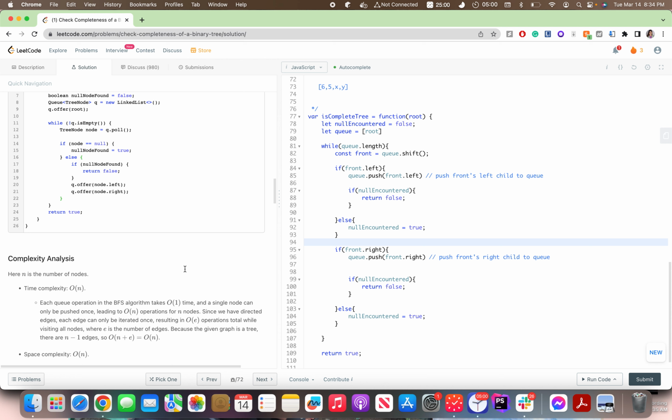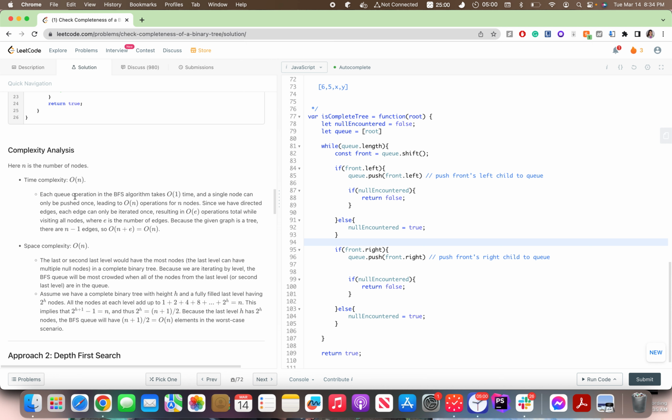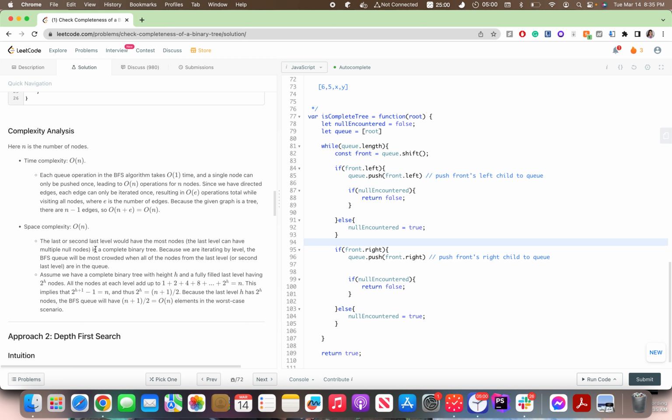Oh, time complexity: each queue operation in BFS takes O of one time, and a single node can be pushed only once, leading to O of n operations for n nodes. Since we have directed edges, each edge can be iterated once. Okay, space complexity is